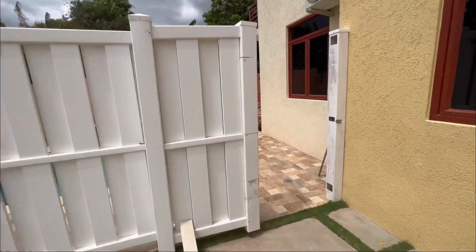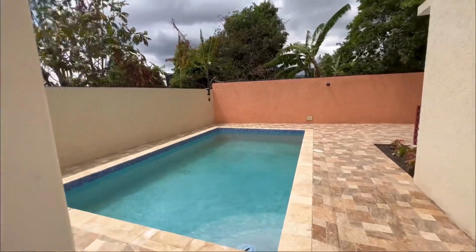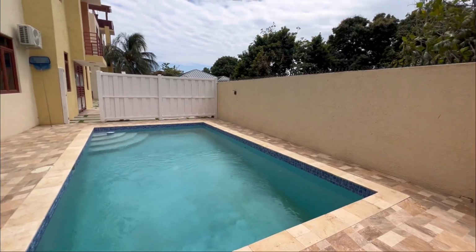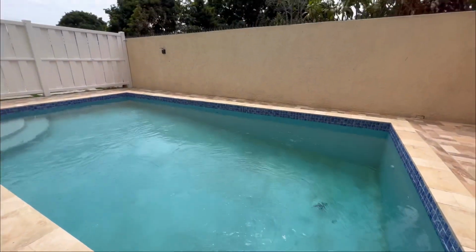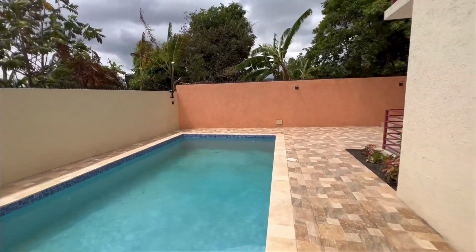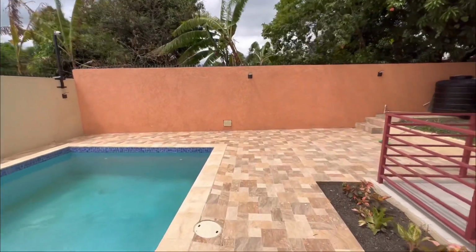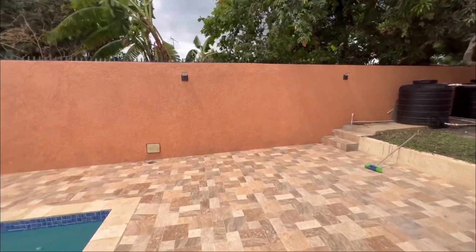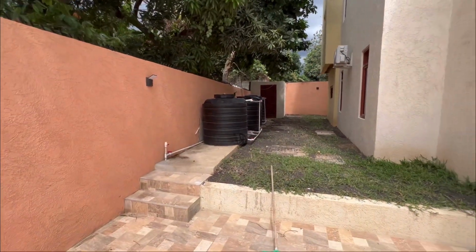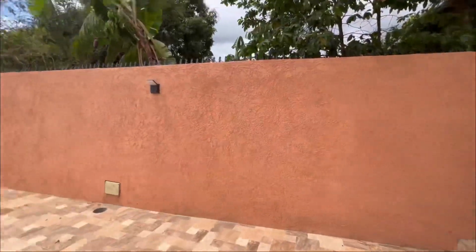So let's take a look now at your pool area. Really stunning. Love it. So this is your lovely pool area that will serve all residents of the complex. Towards the side, you do have some water storage areas and just a tiny little green space. All right, so if you have this apartment unit that's towards the back right here at this pool,